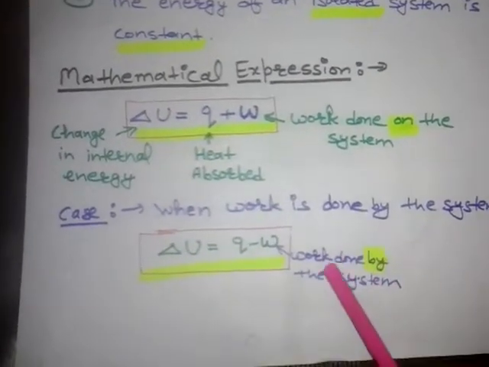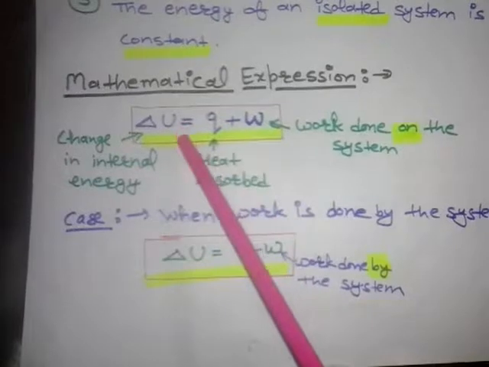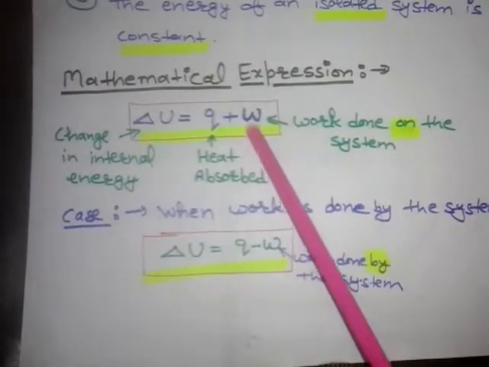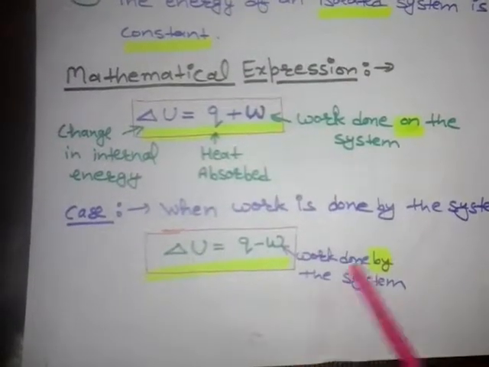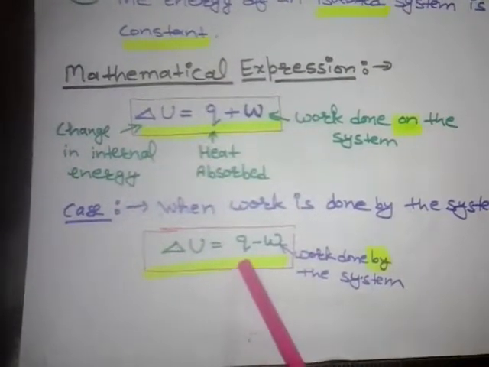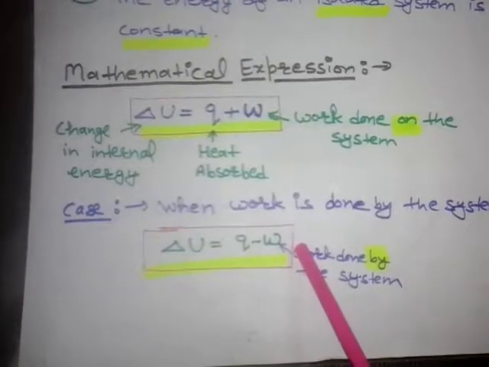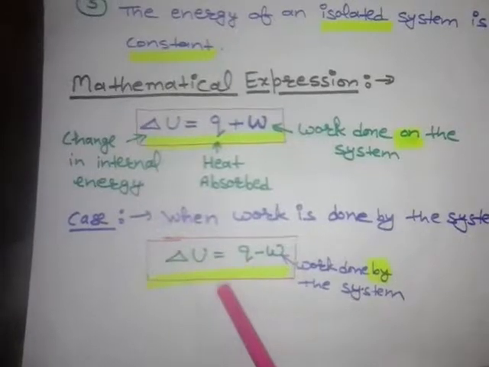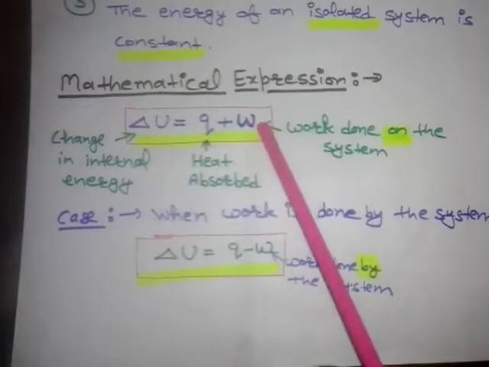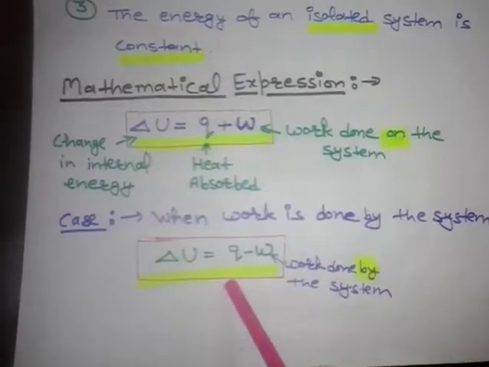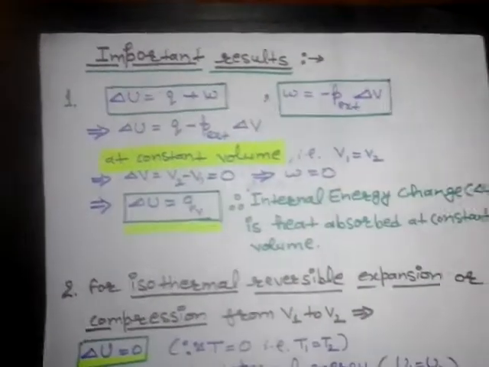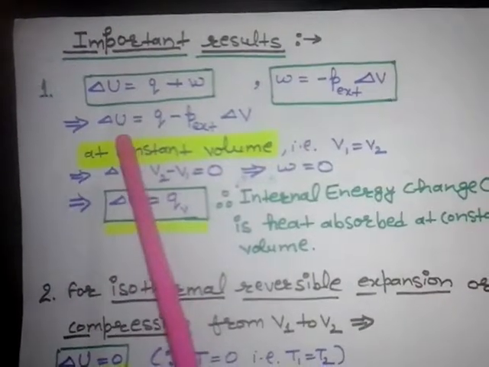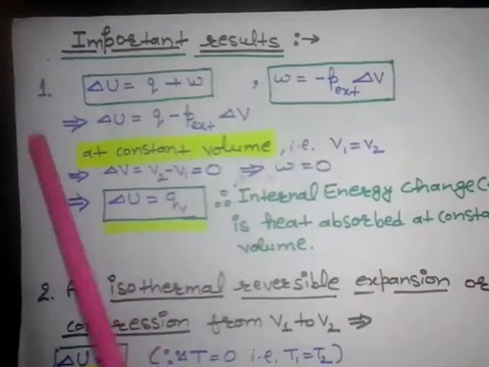So you must remember that when work is done on the system, then the expression is Q plus W. When work is done by the system, then the expression becomes Q minus W, and Q is heat absorbed. Okay, so one question can be asked from these expressions. Now let's move to important results. So the important results are: number one,